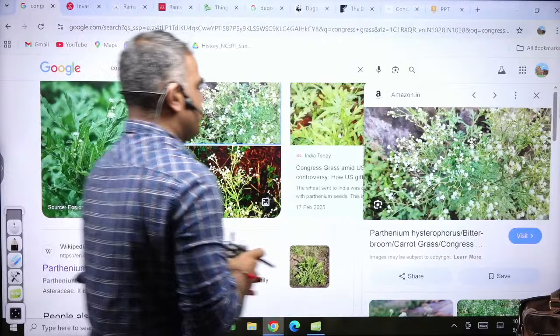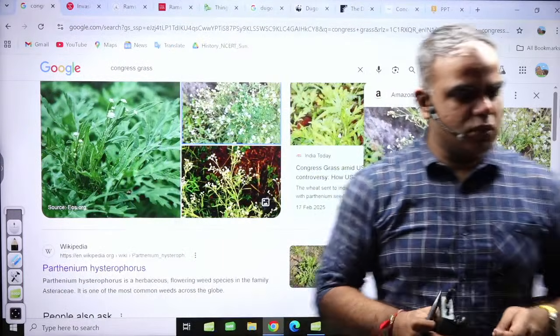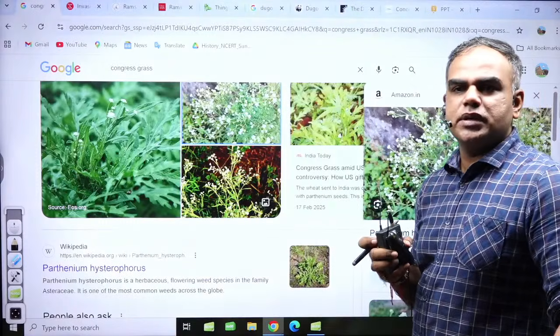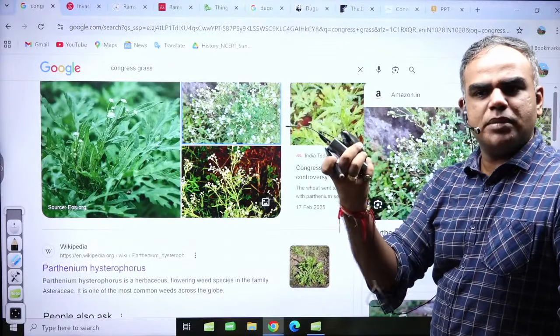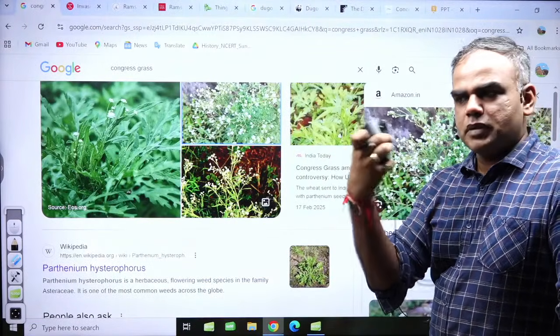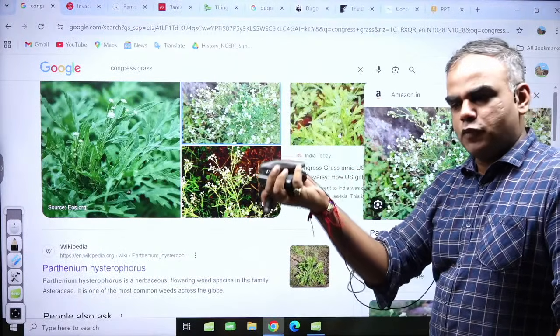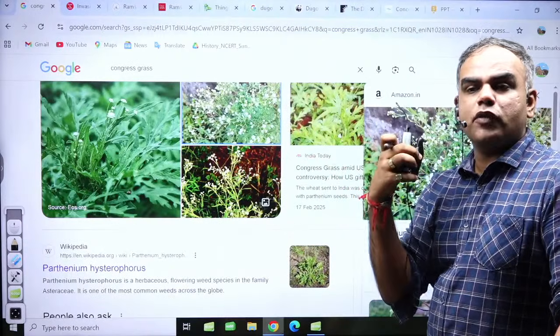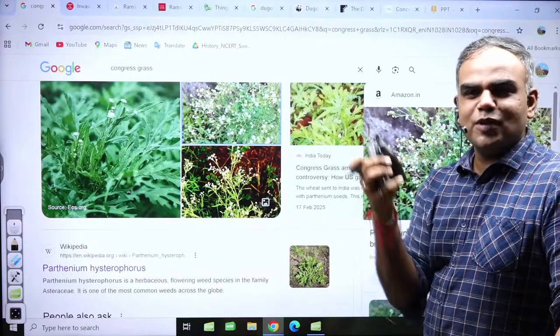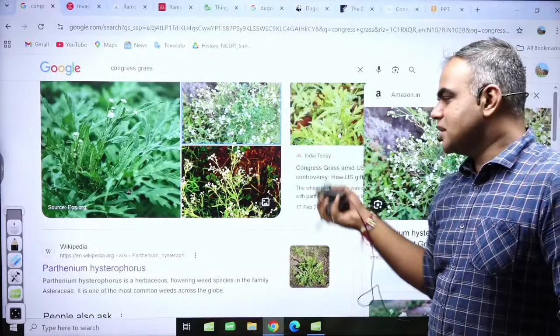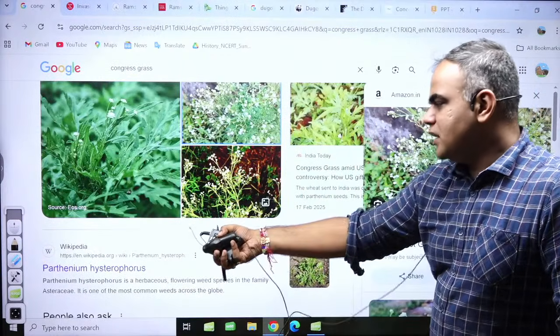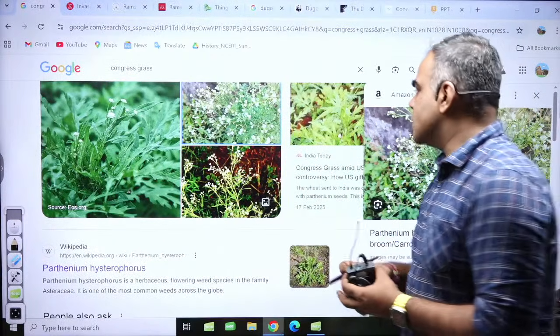And this was actually related to the food controversy way back. Have we heard of the PL 480 scheme? During the 1960s, India had a food shortage, so it asked for food to be brought from the USA. It is said that the USA also sent this grass, and the name is Parthenium. This is also known as the Congress grass.